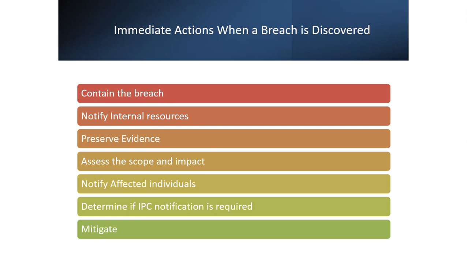So residents, families, staff. How long was it exposed? Who accessed it? Was it internal staff, an external third party, whatever? And then on top of that, you need to be having statements from your employees to be part of this